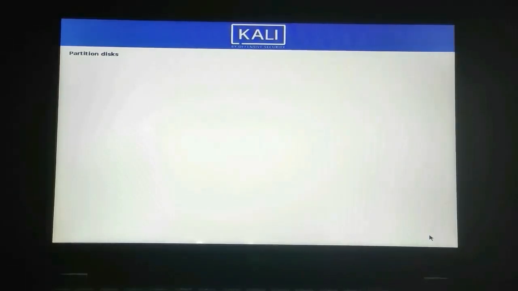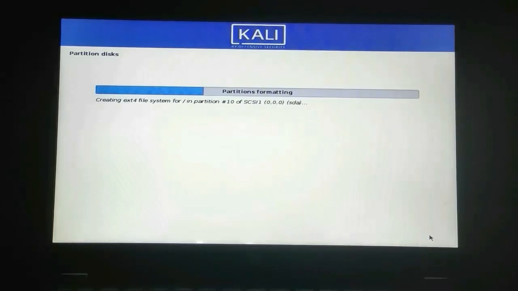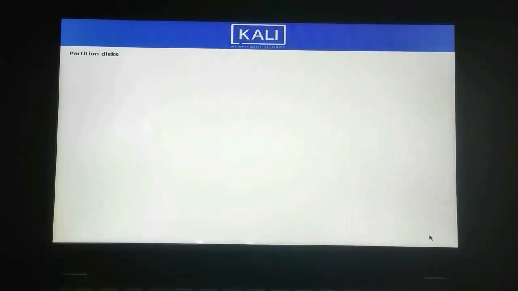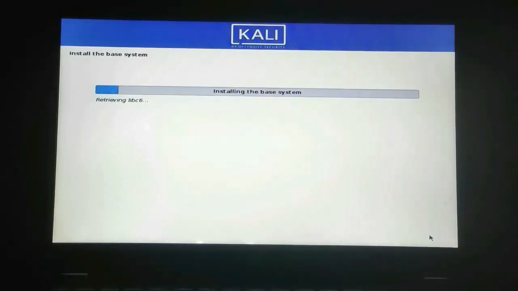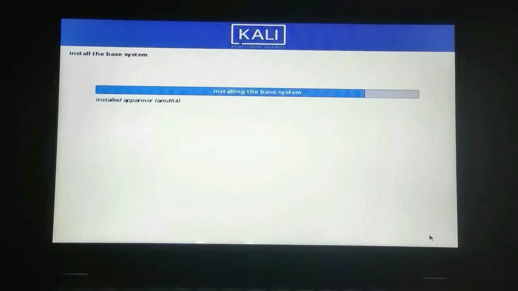Now the partitioning will happen. It is going to partition the disks to install the OS. Now it has started installing the base system. Now the installing is nearly completed.